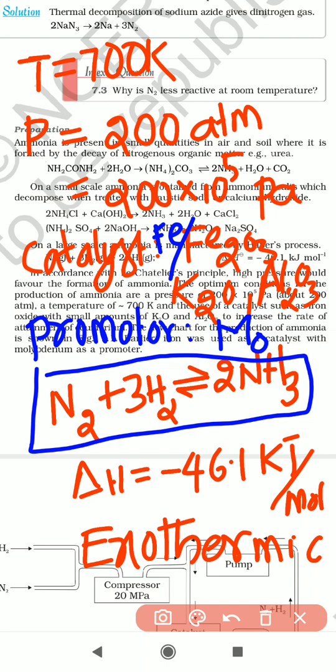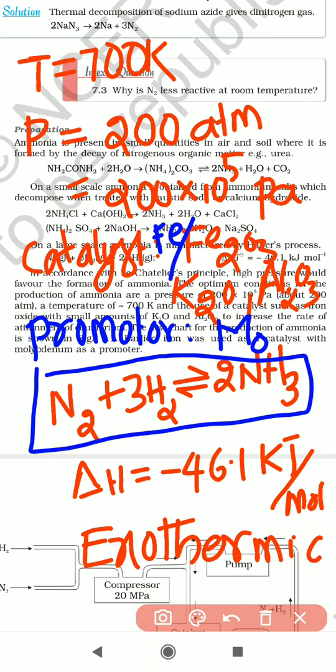So what is the Haber process? How can you manufacture ammonia industrially? And sometimes they ask what are the optimum conditions for the Haber process to manufacture ammonia. Very important question. All these conditions are a must and you have to write them. So what are the reactions? Just once again, I will explain overall.